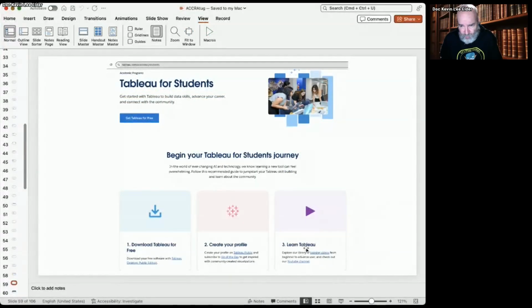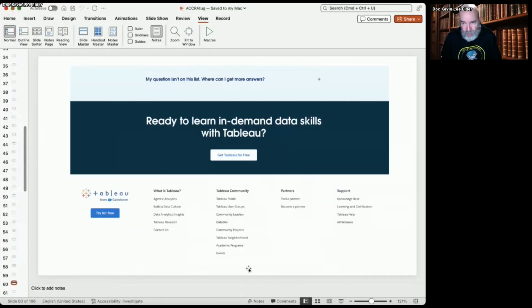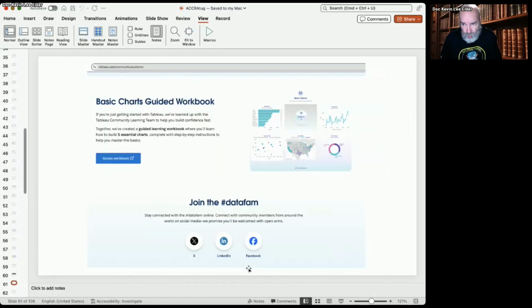And so with Tableau for students, you can download and get Tableau's Desktop Public Edition. You can create a Tableau Public profile. And there are all kinds of training videos and a YouTube channel just for students working with Tableau Public, trying to learn Tableau, again, for free. Not taking a university class, not paying somebody lots of money, at home, on your own time, at your own pace. You can really learn these.